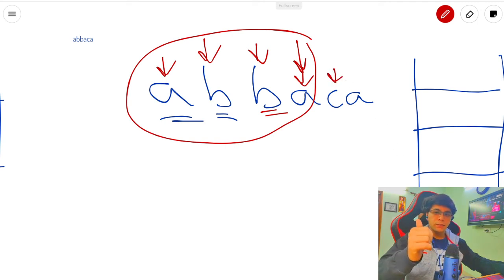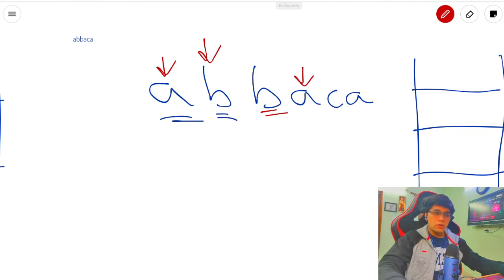If the stack is empty, then we have to push that element. Or if we started from the start, we pushed a, then we are at b, and we are checking that this element is not equal to the top element in the stack, then we have to push.